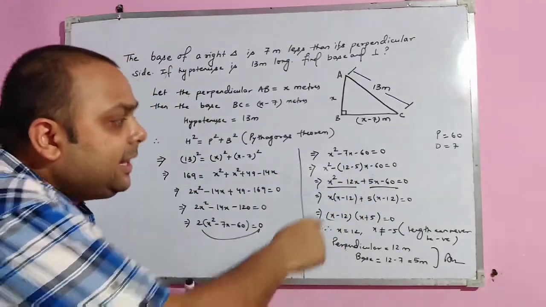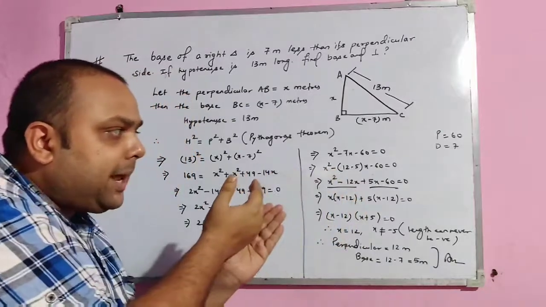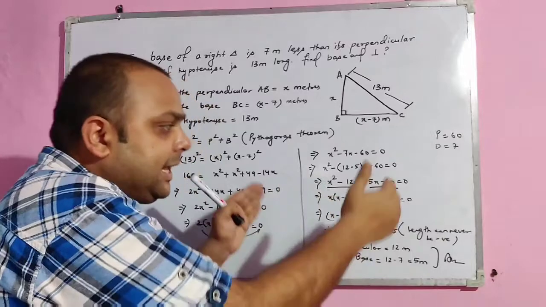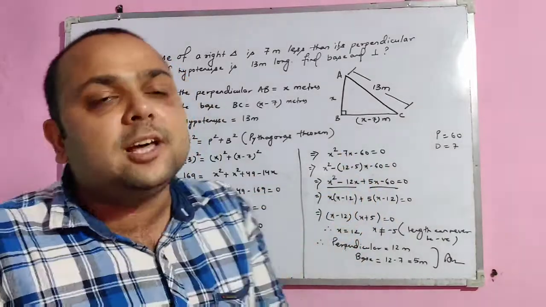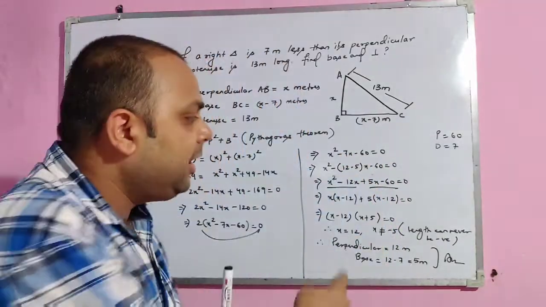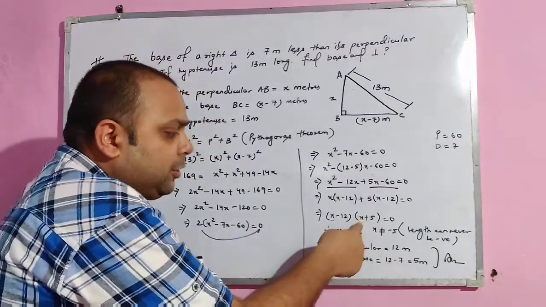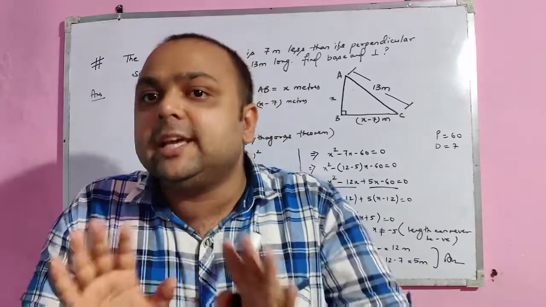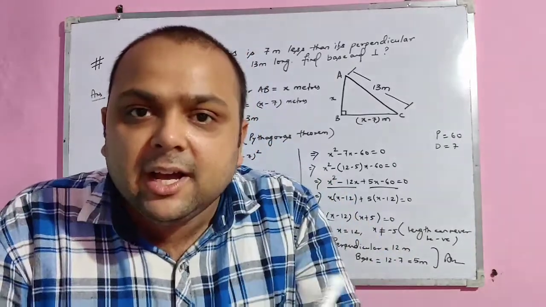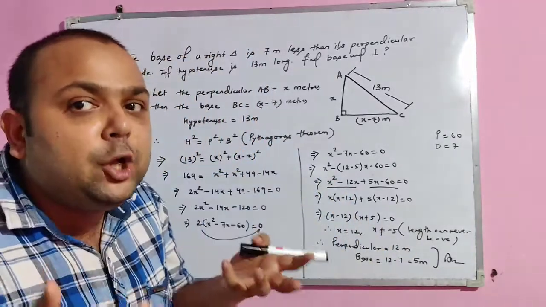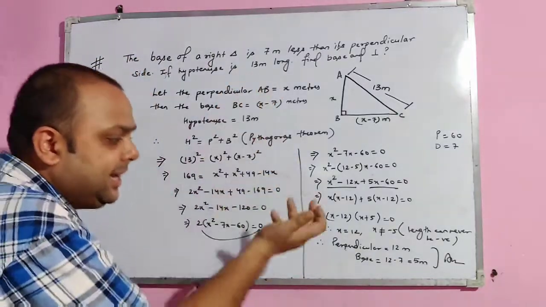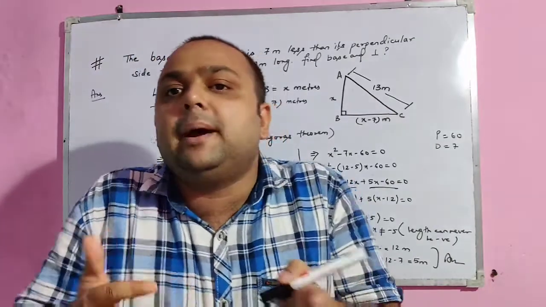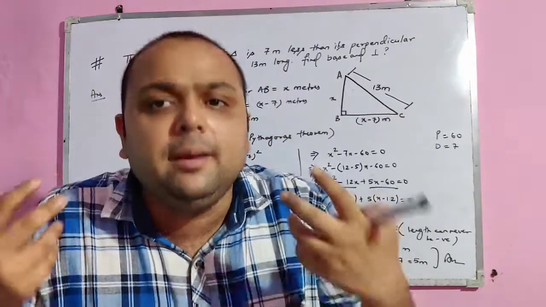Then solving it again, minus we have outside the bracket. So minus plus minus, minus minus plus. Now taking common, finally we get the answer x equal to 12. Equating the other factor to 0, then x equal to minus 5. Now length can never be negative, so we cannot take the value x equal to minus 5. That is, the final value of the perpendicular x is 12 meter and the base is 7 less, that is 12 minus 7, which is equal to 5 meter.